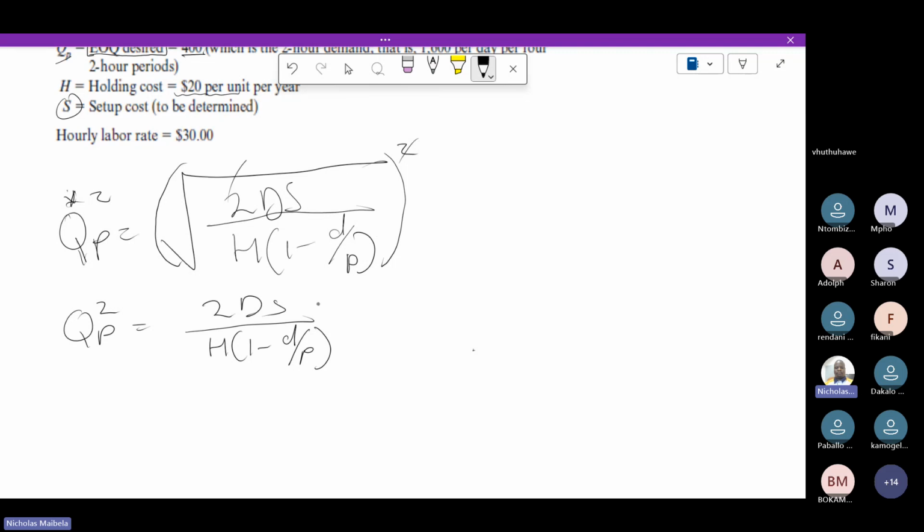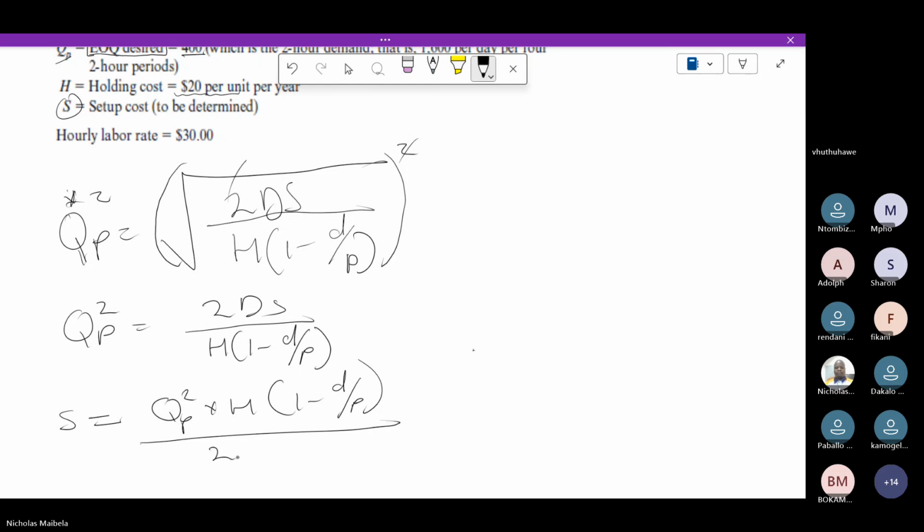Then this goes there, then these two divide. So S equals Q squared multiplied by H(1 minus daily demand over daily production) over 2D,